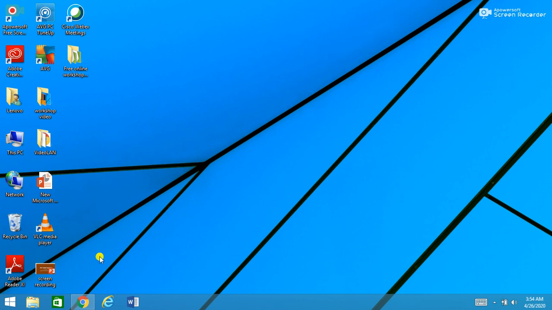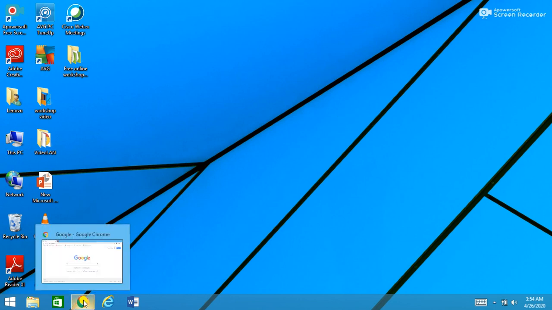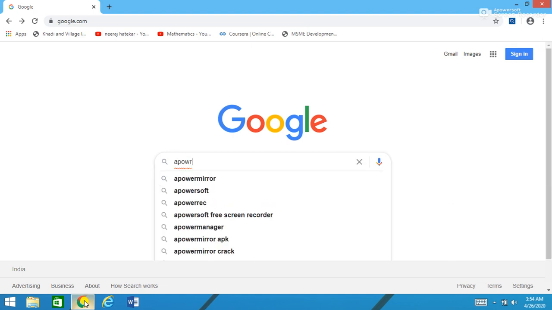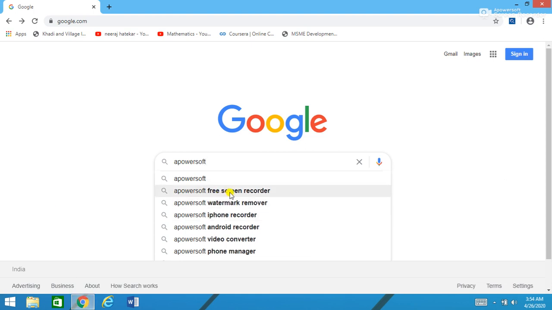APowerSoft Screen Recorder. Now let's see first how we can get this APowerSoft Screen Recorder. Just go to Google. In Google, type APowerSoft Free Screen Recorder. See, you can see here APowerSoft Free Screen Recorder. I just click on it.